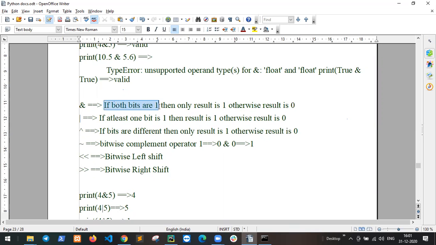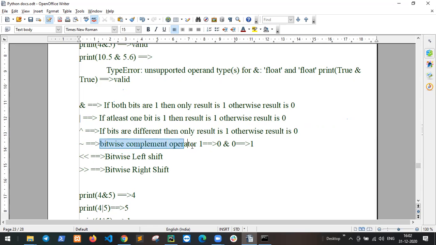For the OR operator, if at least one bit is 1, then the result is 1. Otherwise, the result is 0. For XOR, if the bits are different, then only the result is 1. Otherwise, the result is 0.